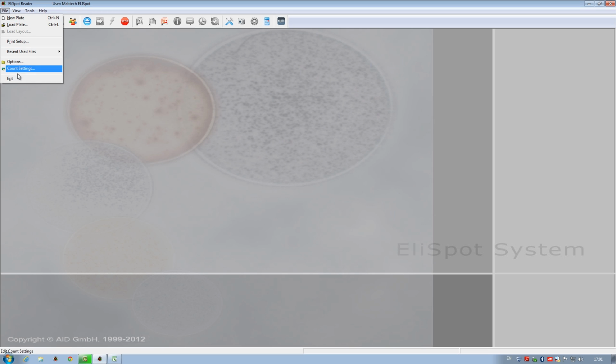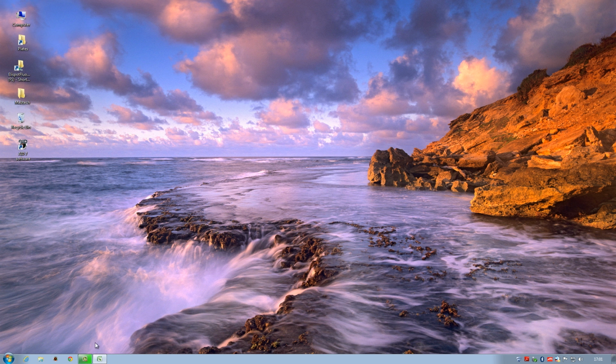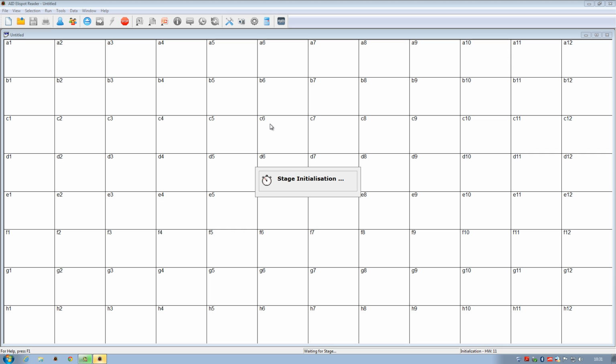Okay, by exiting the software, this tutorial now changes tone and direction as signified by the change in background music. We have all seen how a well-configured AID reader can be fantastic in operation, but now we have restarted it and erased everything. Terrible settings have purposely been put in place. It is now time to get serious in fundamentally understanding the AID software from the ground up and go into more detail on how to configure everything from the camera, to the stage, to the focus, to the count settings. There will be moments of repetition where we describe things that have already been explained before, but if you have stayed for this long, I guess you're real dedicated and don't mind hearing it again.